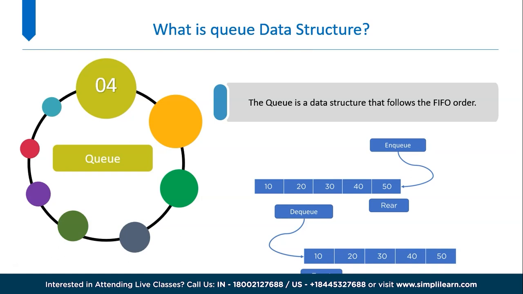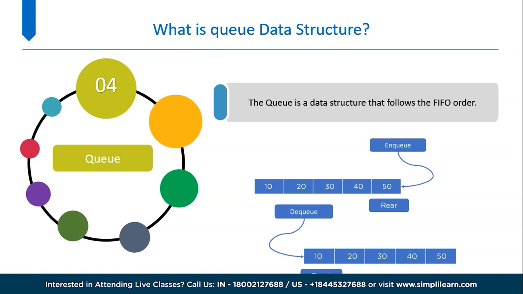So the elements in a queue are added at one end called the rear, and they're removed from the other end called the front. Now, like stacks, queues can be implemented by using either arrays or linked lists. And in a queue, the elements which are inserted at the back of the queue are enqueued, and the elements that are removed from the front of the queue are called